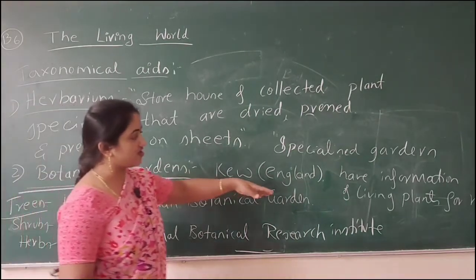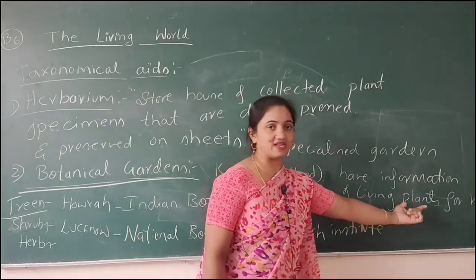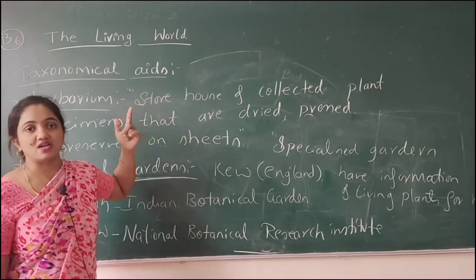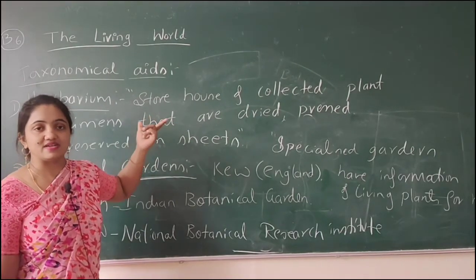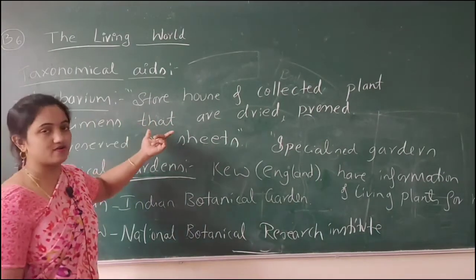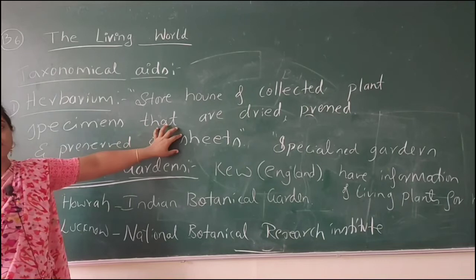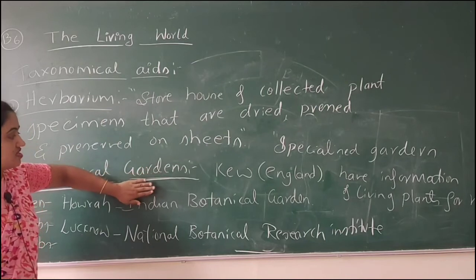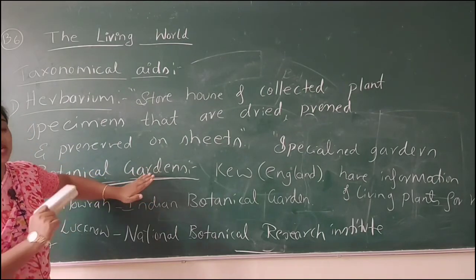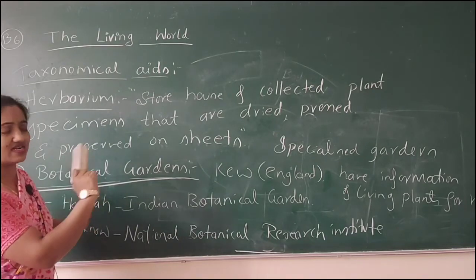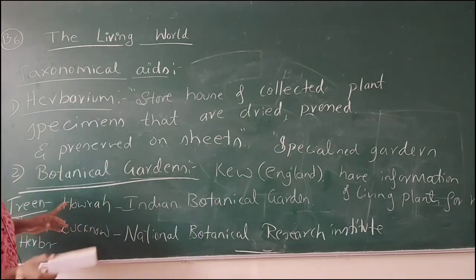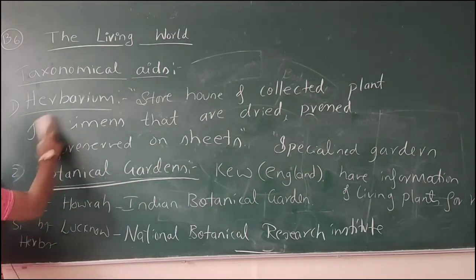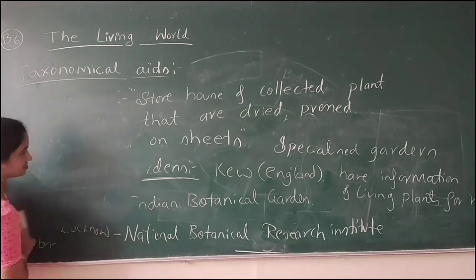So in a botanical garden you can check out the living plants, but in the herbarium we cannot consider the plant species to be living. These will be dried and dead ones. But only for the study purpose we can follow this technique. If we want to see how the life cycle begins and how many years it will live, or for any other reference, we can visit this type of taxonomical aid. And the next is